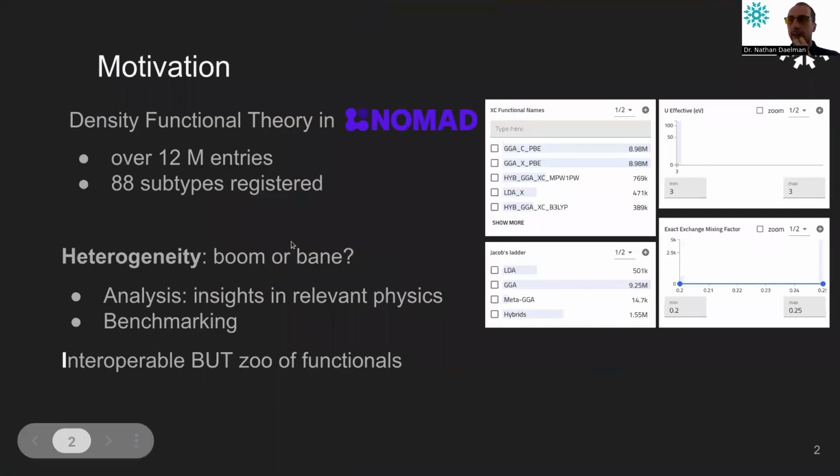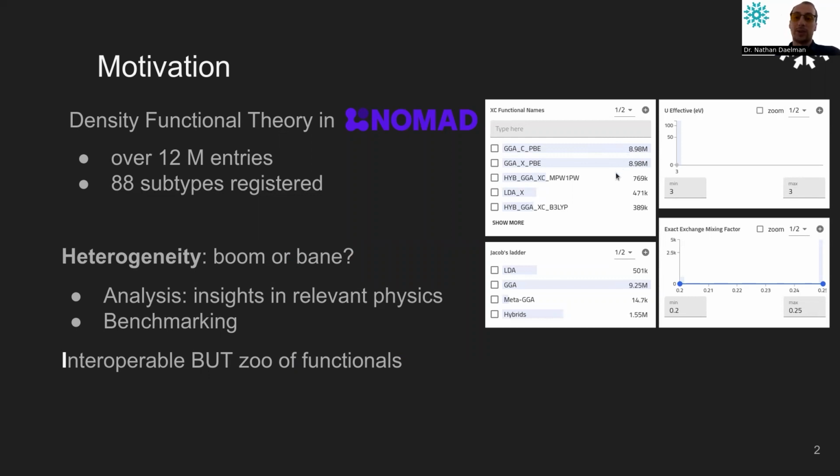So NOMAD has a very intertwined history with DFT. That is also why it features such a huge collection on the public website. Now, the stats that you were seeing before are only for the reprocessed fraction, but in total, we have close to 12 million DFT calculations, the vast majority of which are PBE. I don't think that this comes as a surprise to anyone, but PBE accounts for up to